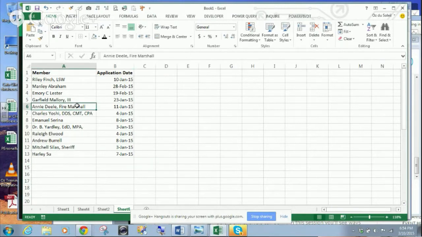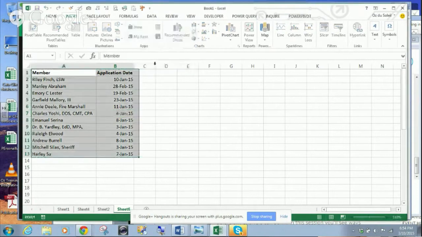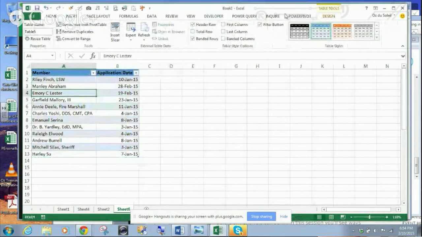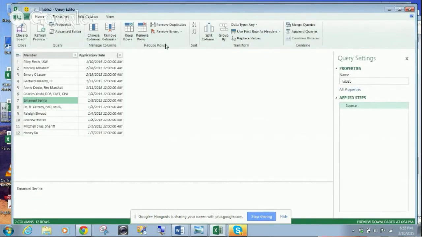Okay, so we are going to first put this into a table. Always step one. That's right. And then Power Query from table. What we're going to do now is split column by delimiter